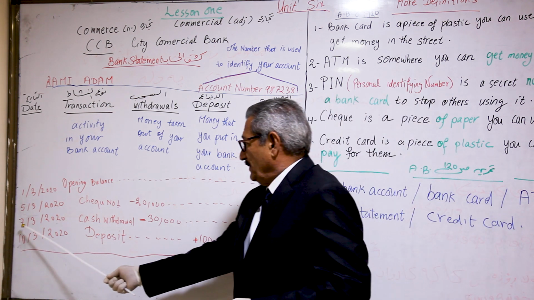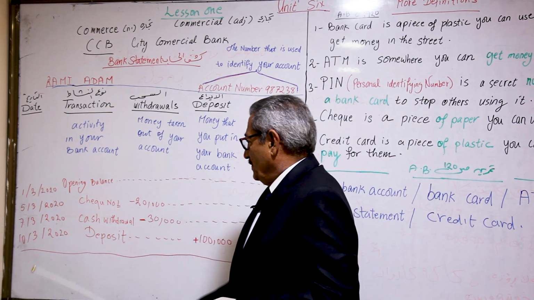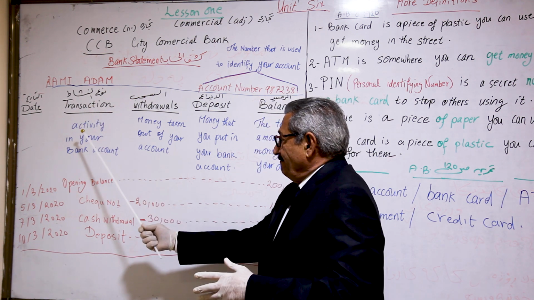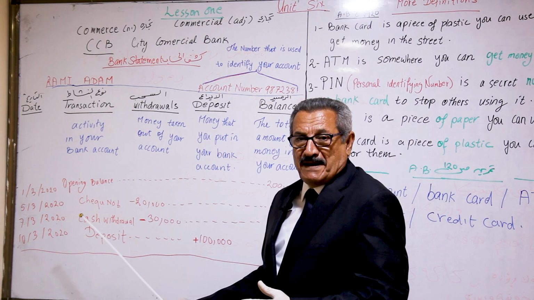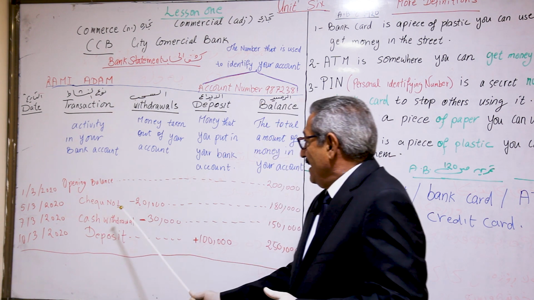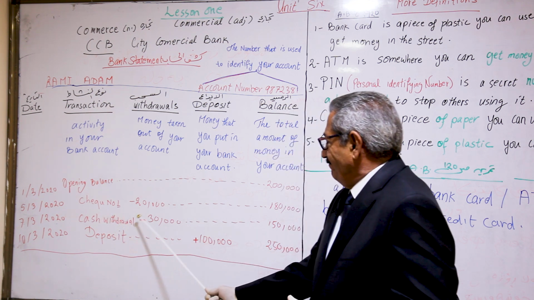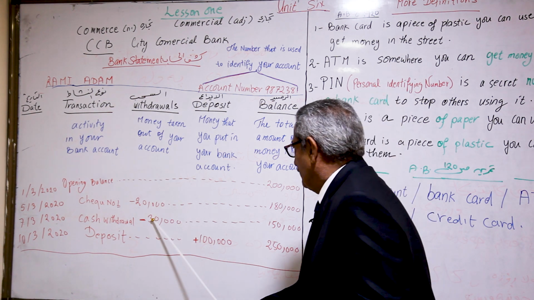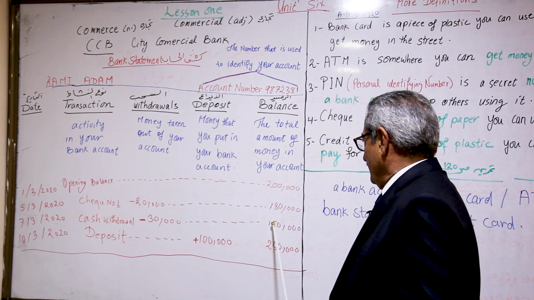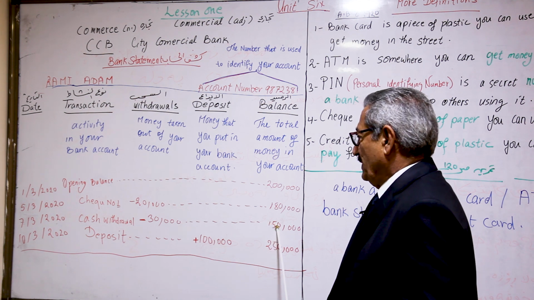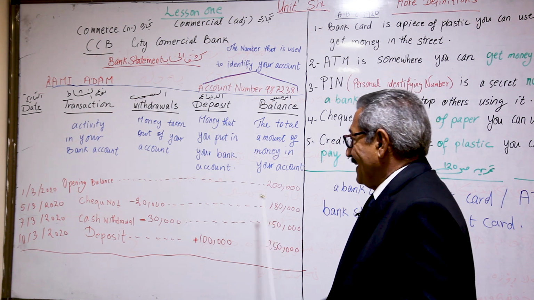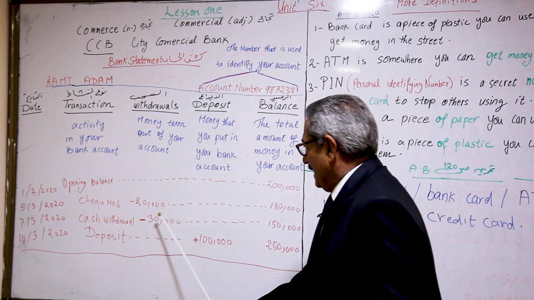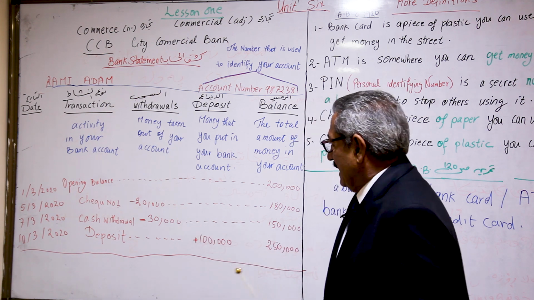After 2 days, on the 7th of March 2020, the activity cash withdrawals, أي السحب النقدي. You have withdrawn 30,000 ID. This will affect the balance. It becomes 150,000 ID. Minus, because this sum of money has been withdrawn from your account.